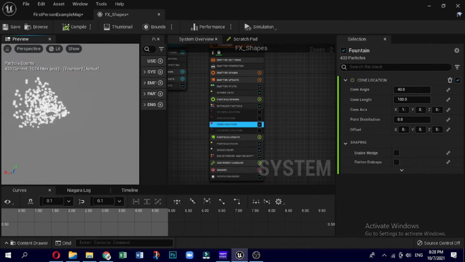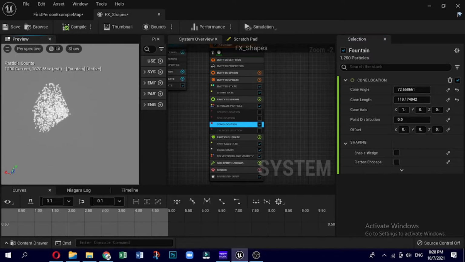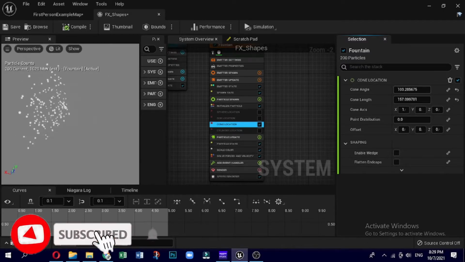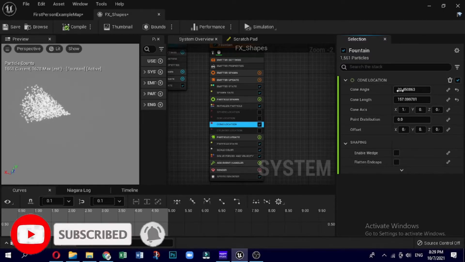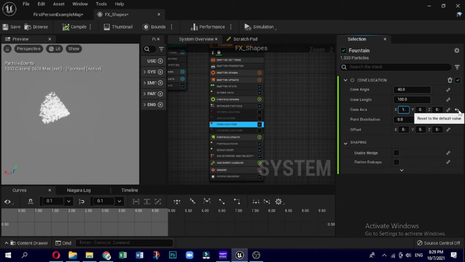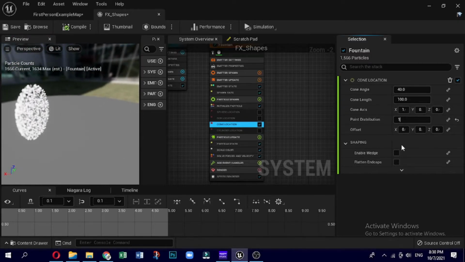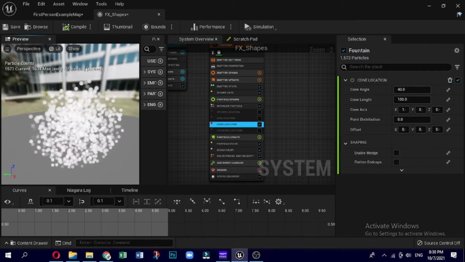And now we are going to do the cone. So going through the options that we have: cone angle. So we can play around with the length and angle. That's simple. And then we have this axis. But we can rotate this. Put it on a weird axis, whatever you want. Point distribution, this is basically whether or not you want it like this, or if you want it with the end cap. So as you move this, you'll see that this is fading away and cutting off the top. Leave that at 0 and then we can also offset this.